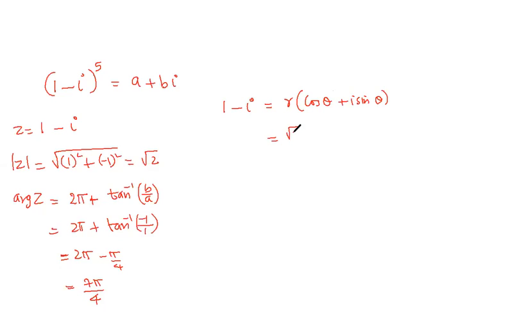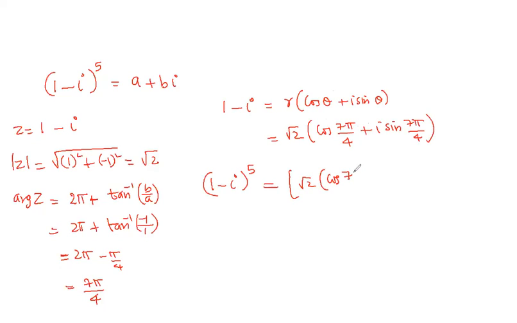That is root 2 into cos 7 pi by 4 plus i sin 7 pi by 4. I wanted 1 minus i raised to 5, which means root 2 into cos 7 pi by 4 plus i sin 7 pi by 4, the whole raised to 5,